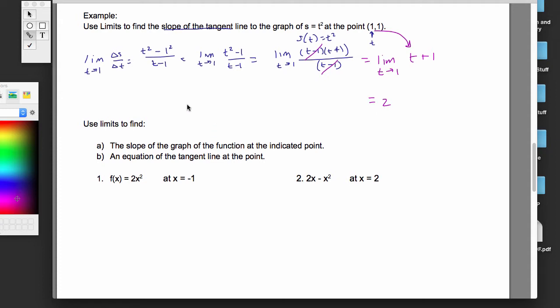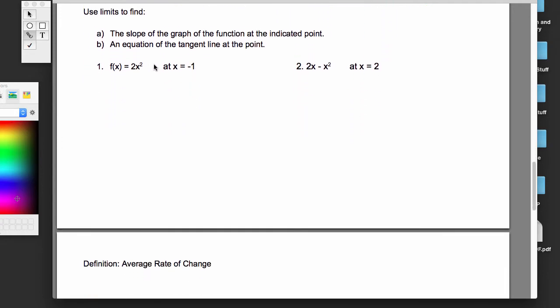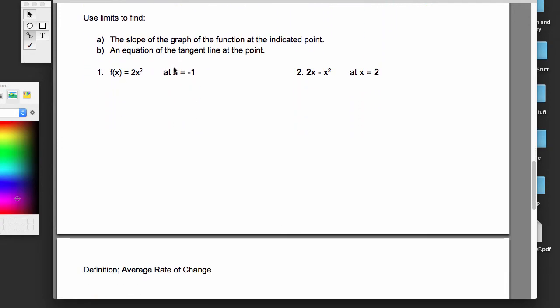So we're going to do the same thing down here. We want to use limits to find the slope of the graph of the function at the indicated point and the equation of the tangent line at the point. And so let's take a look here. So let's first find the slope of the graph at the point. So we're going to do the limit as t approaches, in this case, -1 of